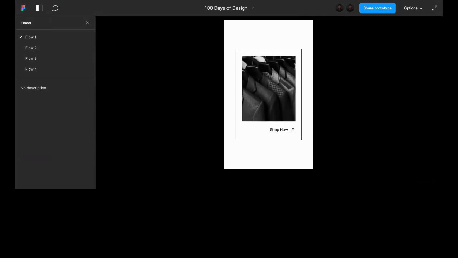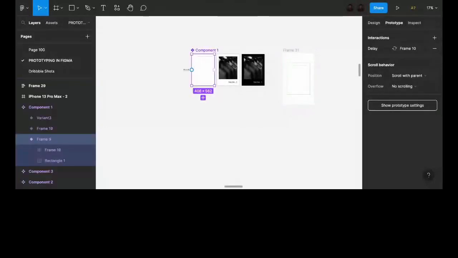Okay, so what I did, right? I made sure that I had the shop now down below. As I had to prototype it, it was a smart animate feature as well. So on the second frame, the duplicate of the second frame, I had to move it up, right? So in the initial design, which is this, the components that we had were,